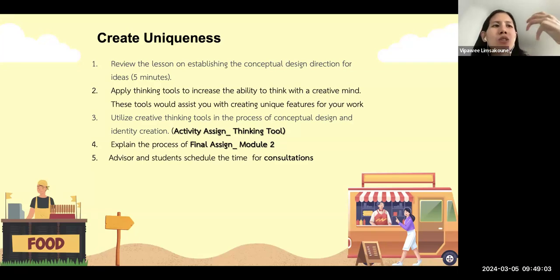It also helps us to document it as well. These tools would assist you with creating unique features for your work. Utilize creative thinking tools in the process. Okay, that's the assignment that I asked you guys to practice today and also submit on LEB2 as well, the activity assigned, okay? And after I let you guys practice on it, then I will explain the final assignment, okay?